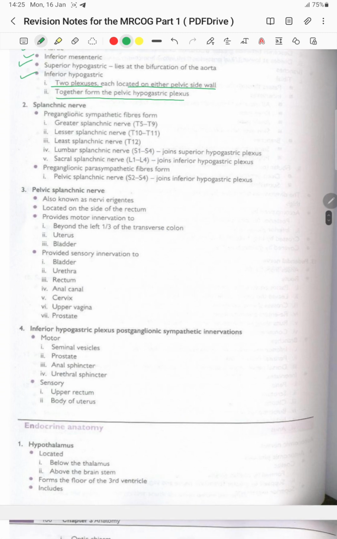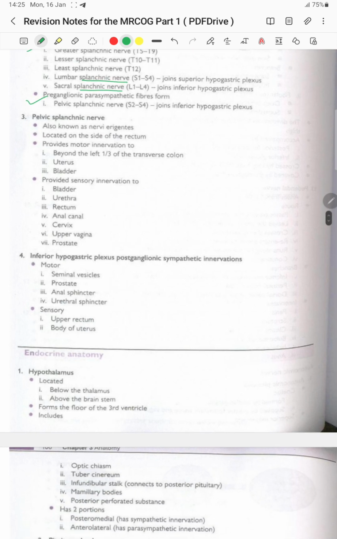And the splanchnic nerves, the preganglionic sympathetic fibers, form the greater splanchnic nerve, the lesser splanchnic nerve, the least splanchnic nerve, the lumbar splanchnic nerves, and the sacral splanchnic nerves. The preganglionic parasympathetic fibers form the pelvic splanchnic nerve, which joins the inferior hypogastric nerve. The pelvic splanchnic nerves are also known as the nervi